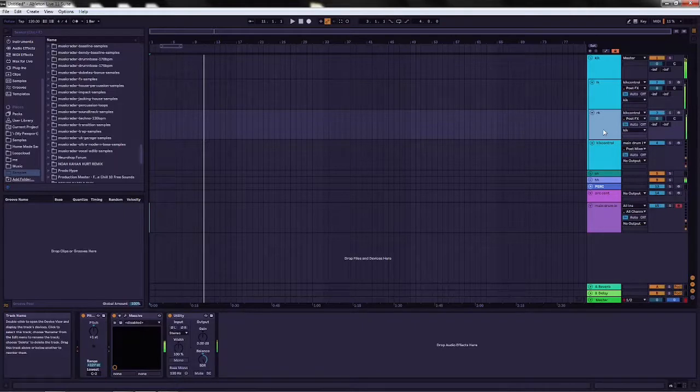Now I also have my kick with my hi-hat and my hi-hat solo, and that's all being played on my keyboard. Now if you notice, my kicks are taking input from my kick control group. My kick control group is taking input from my main drums. Okay, that is how you separate your MIDI